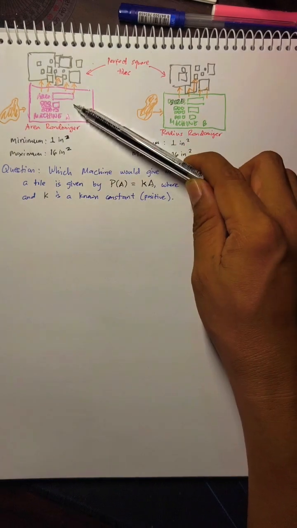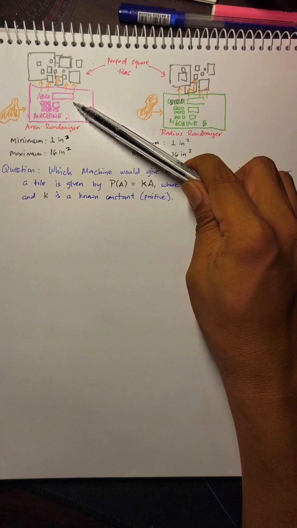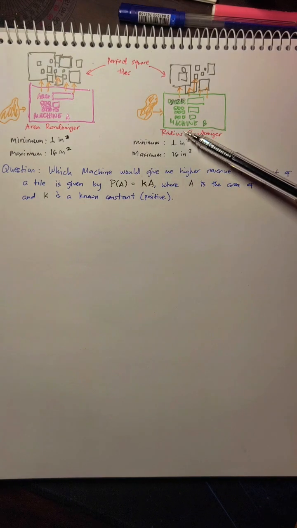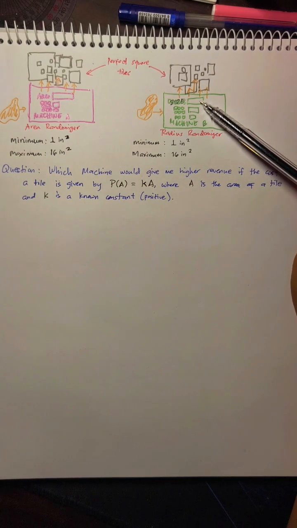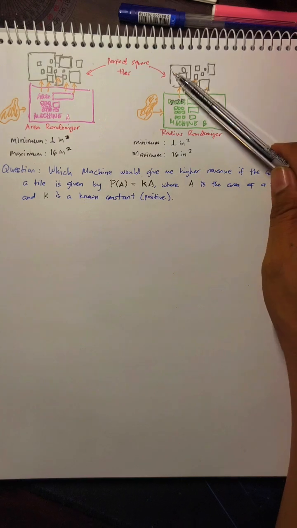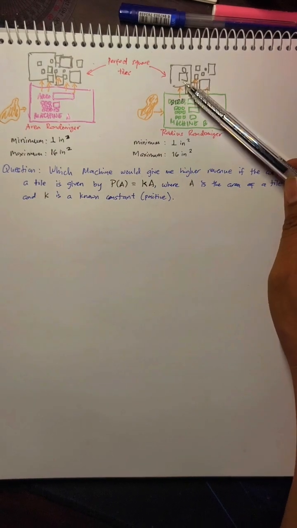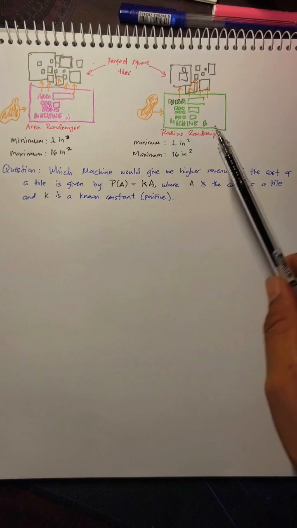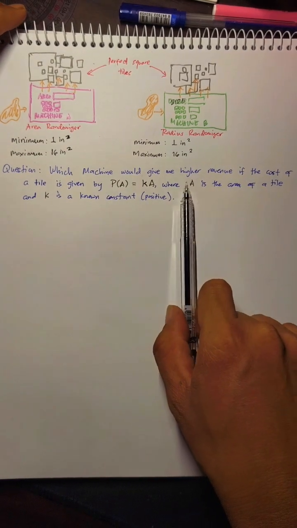In this case, machine A will randomize from 1 to 16, while machine B will randomize from 1 to 4, because the maximum size of tile it will produce is 16, that's 4 by 4. So the question now is, which machine would give me higher revenue